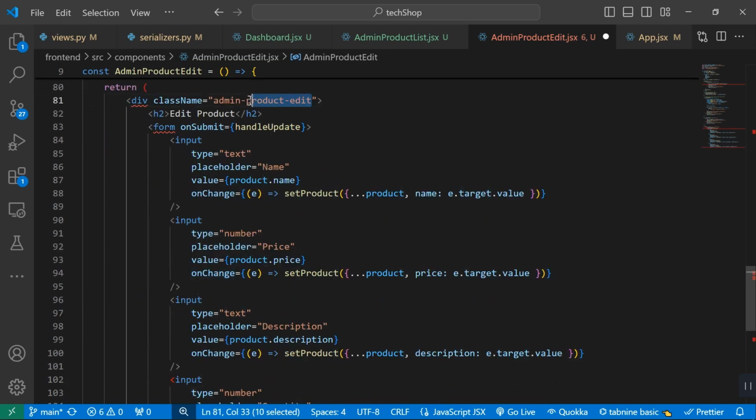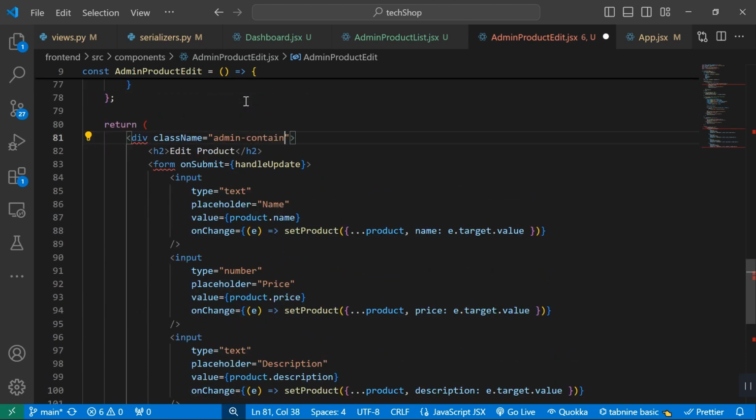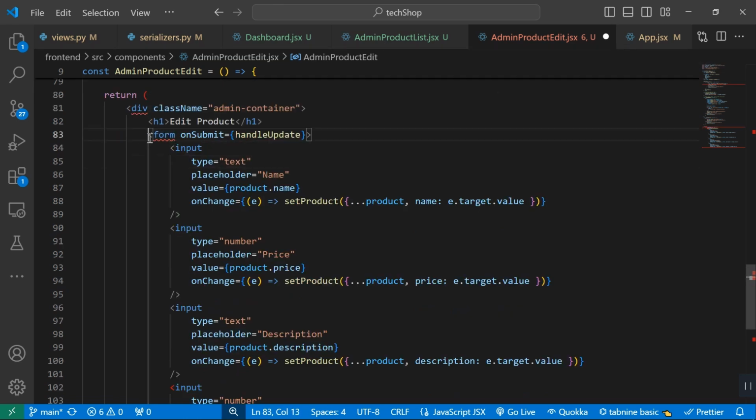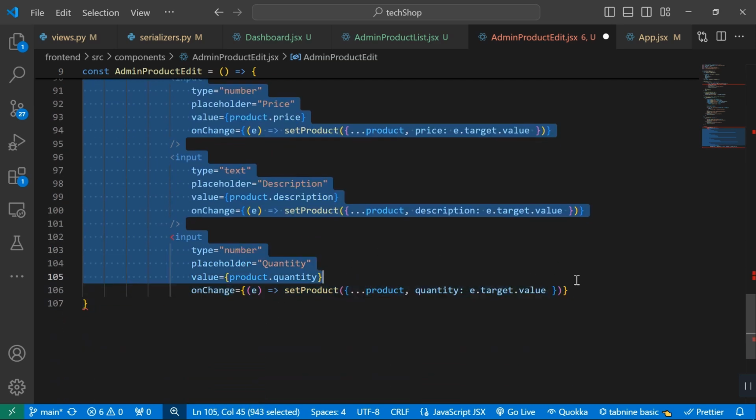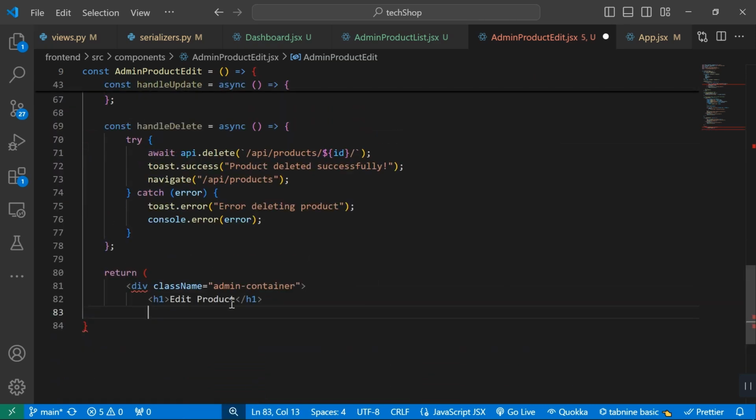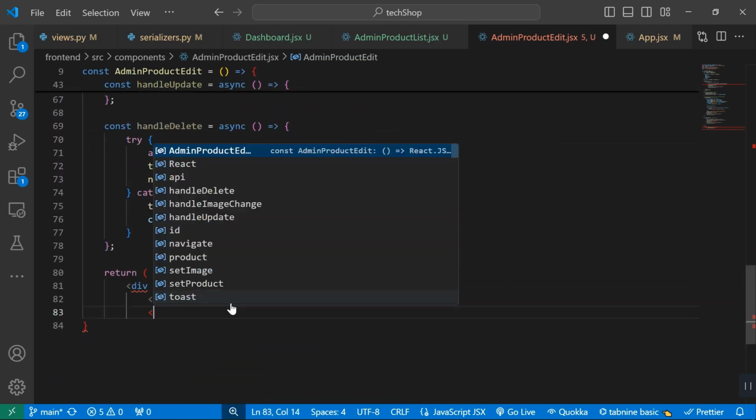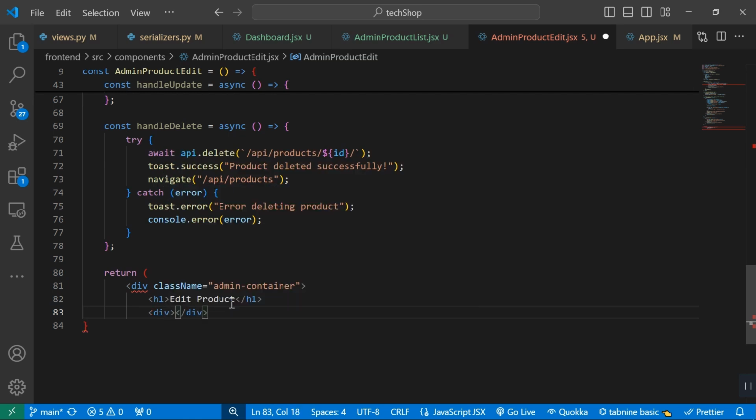Well, we are going to maintain the same container we are using for the product list. So I'm going to use admin container here. Can change this to be h1 just to be on a safer side. Let me do it the way I want to. Remove all of this. When we return the edit, I will go ahead and create a div. Inside this div, I will return